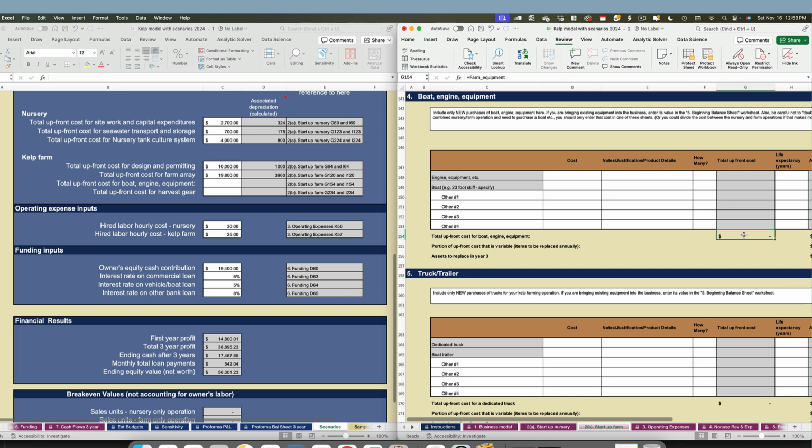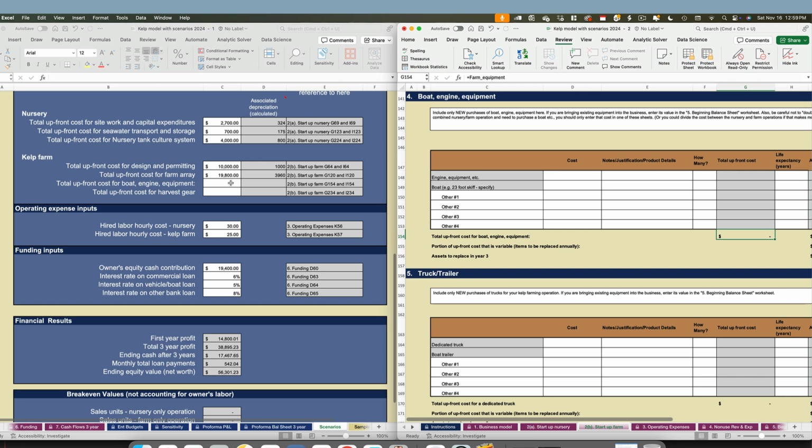And so I've got nothing here in this data entry table on the startup farm page, and nothing here in the scenario pages. So let's say one of the things that I'm thinking about is what happens if I buy a boat? Does it make a